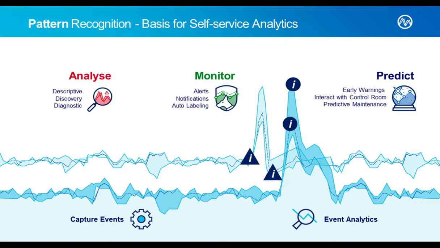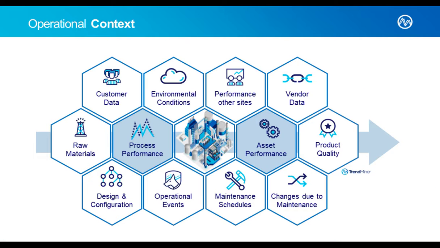Going from there to monitoring, so once I've found a certain interesting pattern, a certain combination of conditions, everything I search for in TrendMiner, I can monitor for, so I can set up those alerts with the goal in the end of having an early warning system in place if I find patterns that can predict issues that are maybe not critical right now, but would manifest as critical issues in a day or 3 weeks from now. That's where you want to go, and you can have that interaction with the control room to be able to capture those events ahead of time. That's on the time series side.